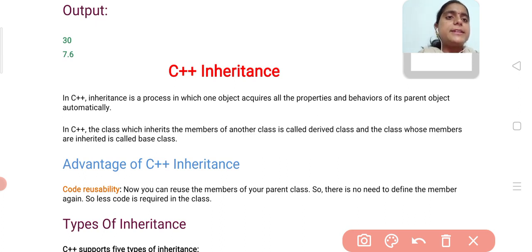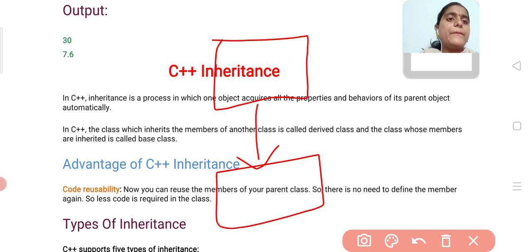And in this inheritance, the class which is inheriting the properties is called the child class.